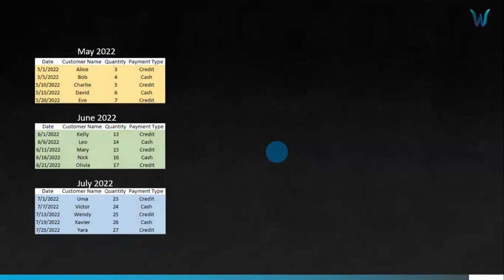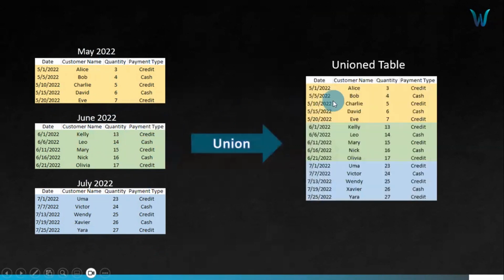Now let's look at a pictorial representation. Here you have this table showing you sales for different months. So this is for May, this for June, this for July. And if you notice, they all have the same structure: date, customer name, quantity, payments type, the same structure across all the tables. So now I want to analyze this data and derive insights. But instead of doing it individually for May, for June, for July, we can combine this into one union table, right? Here, I can now carry out my analysis